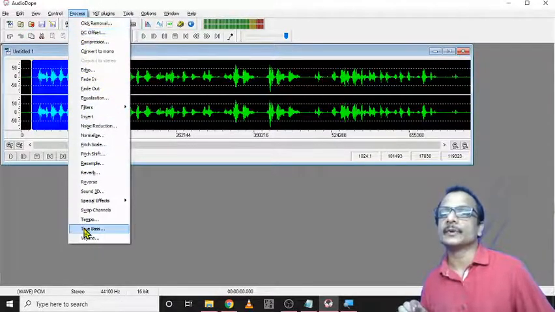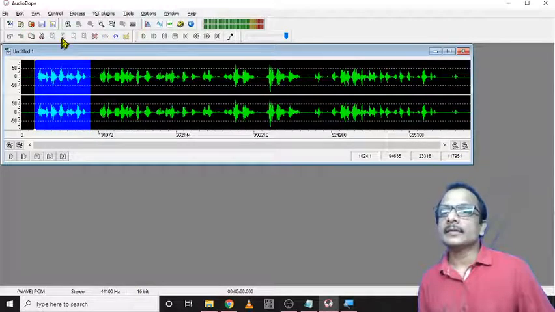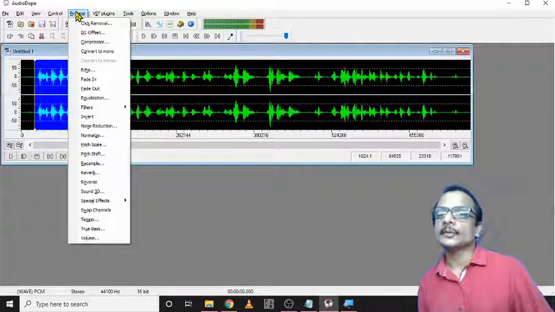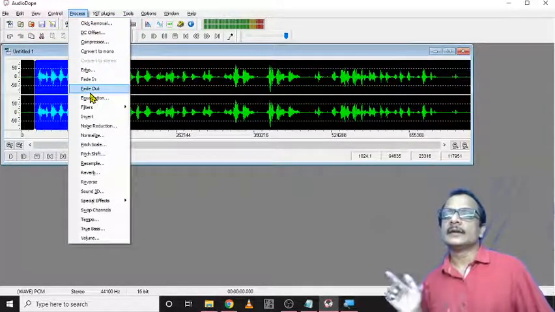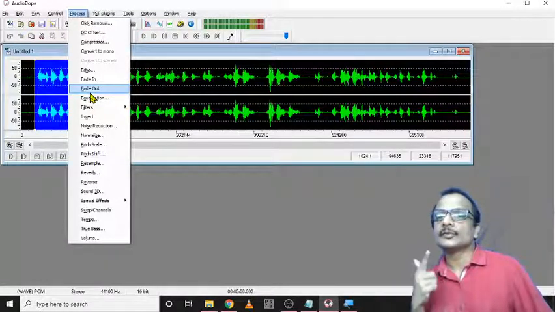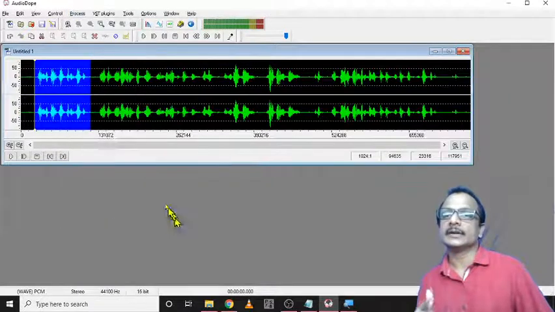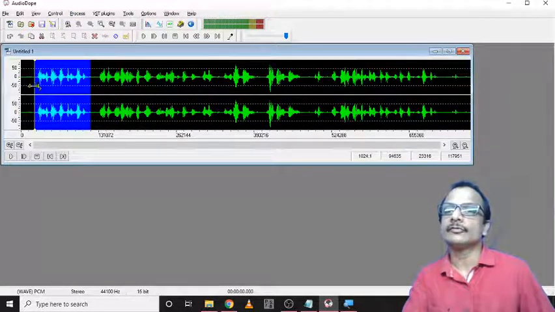See, the process menu. I select one area and go to the process menu, and I can add echo, equalization. All these things I explained in Audacity, and such things are possible here also. I am searching for the volume. Yeah, here the volume is there. We can increase the volume of the whole file.